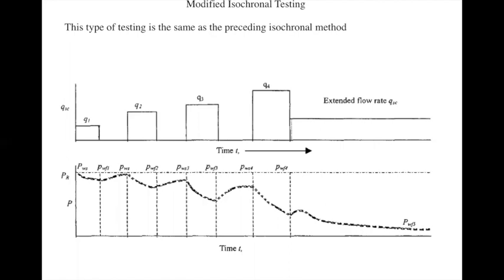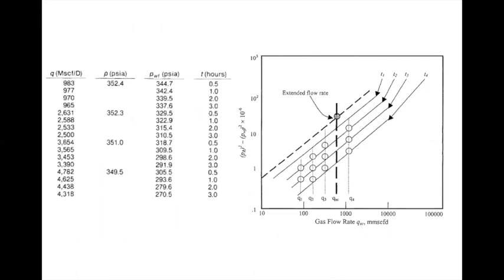So modified isochronal test is done for low permeability reservoir, where you will take long time to go to the pseudo steady state. And once you devise a technique so that the time of test is reduced, and this can be reduced by this manner. And only thing we have to do is that last flow rate should be extended so that we get a point. And suppose you got this point, which is shown in the dark here.